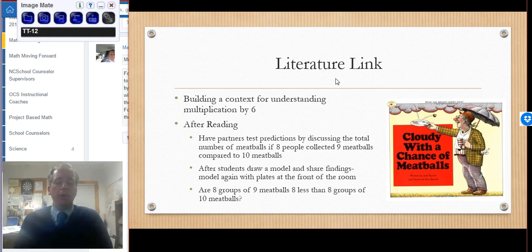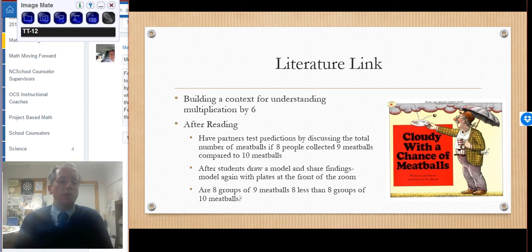But another place is that we remember that the real purpose of these stories is to build a context for understanding multiplication. Obviously, we're not trying to understand multiplication by 6, we're understanding multiplication by 9, so I apologize for leaving that on the slide here. So as we're looking at understanding our 9s, we're asking kids to think about things like, well,